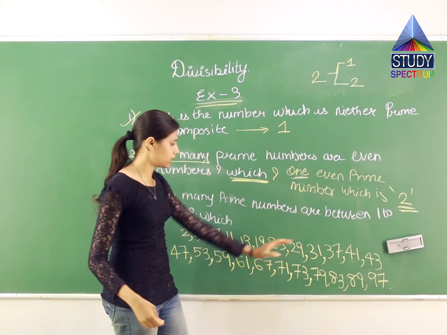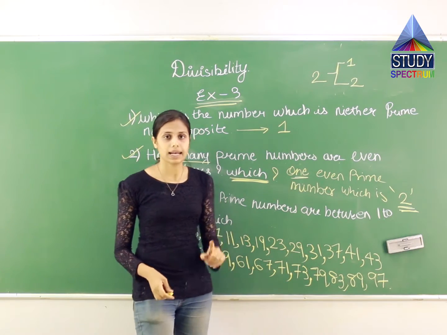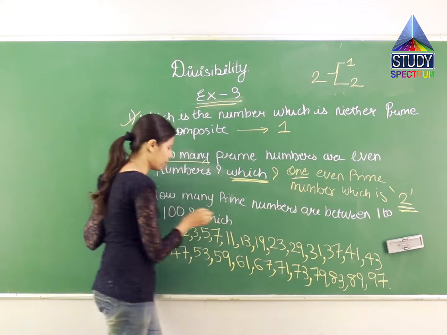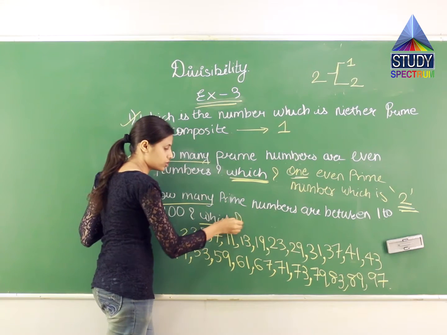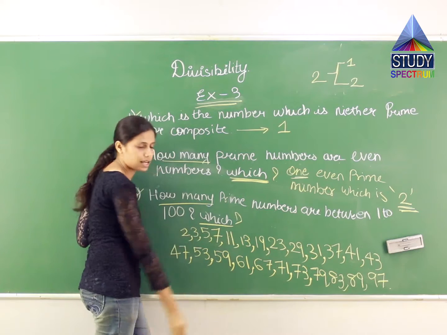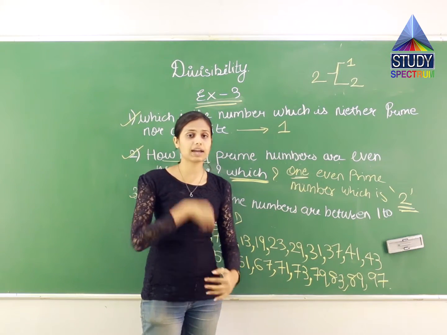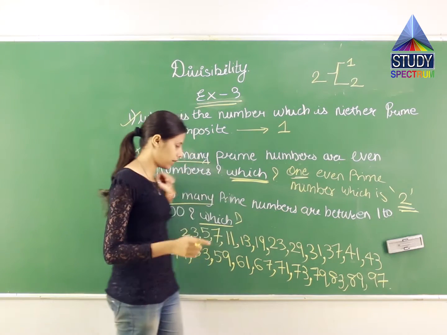So these are all the numbers between 1 to 100 which are prime numbers. Let us count because they are asking you two questions. How many prime numbers? How many means what? Kitne? And then they are asking you which means we have given you these numbers, are they prime numbers. It is simple. सिर्फ ये चेक करना है कि वो खुद के and 1 के टेबल को छोड़ के किसी और टेबल्स में आते हैं कि नहीं. Now let us count them.